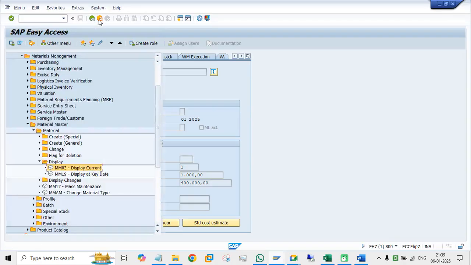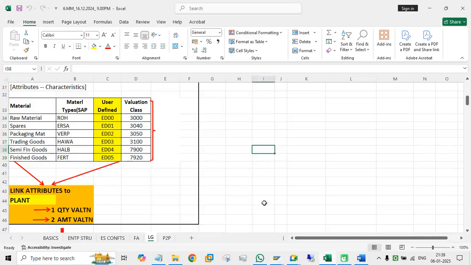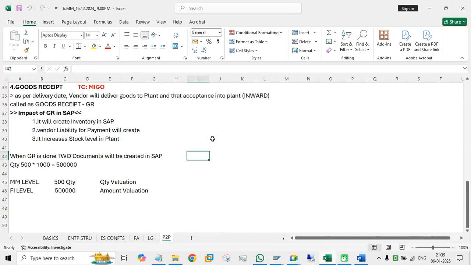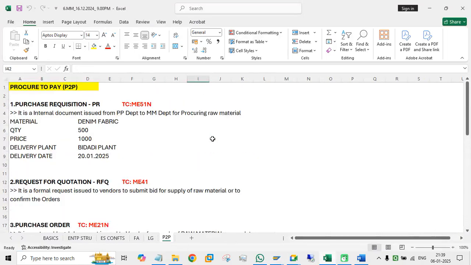So this is the complete P2P process, procure to pay. The next concept is document type, scheduling agreement and work contracts and all. That I will do tomorrow. Today just one